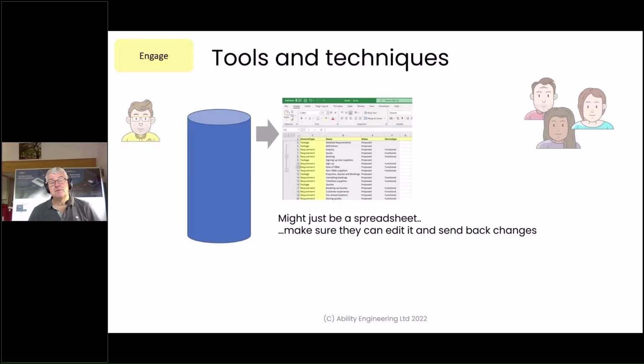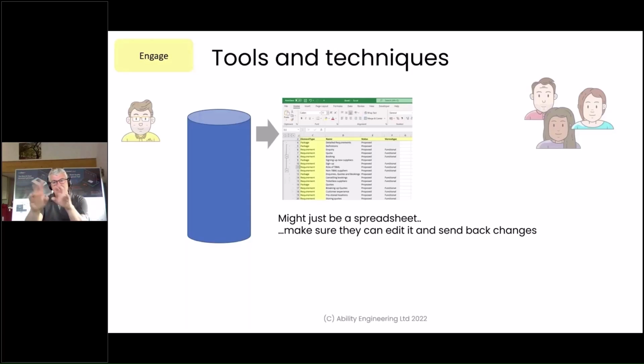Old school stuff is still relevant. There's a large part of the planet who still work off of spreadsheets. So if they want a spreadsheet, give them a spreadsheet. As I said in the delivery section, you can export a little CSV from EA pretty easily with a native function. You can export it with Office MDG and make it a bit cleverer. You can export it with, and I think in that one, you can then pull it back in again as well. So it's perfectly possible, given that what we're all about here is engaging rather than delivering, to send them a